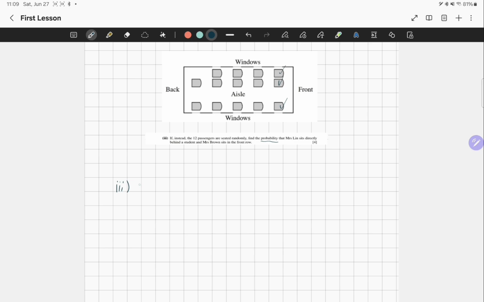So we could do 3P1 times Mrs. Lin can only sit directly behind a student in only 10 seats. Okay, let's say Mrs. Brown, since she sits in the front row, took the middle seat. Now, what's left for the possible arrangement for Mrs. Lin is either the student sits